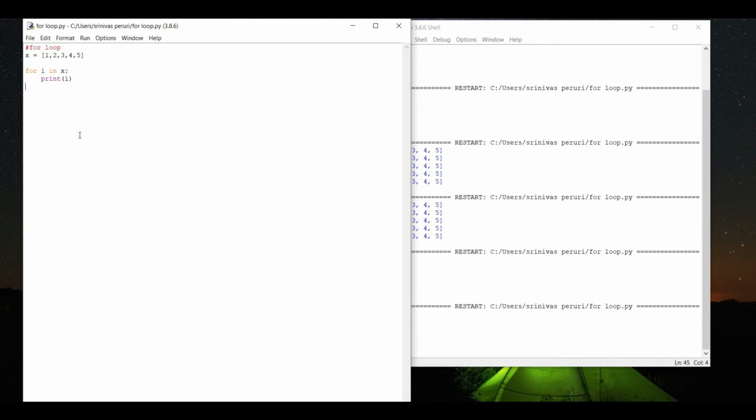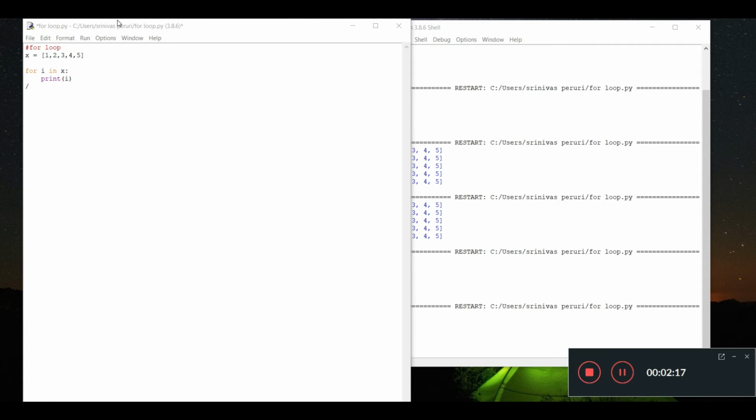Another thing I am going to discuss is that it doesn't matter whether you take all the variables as integers. Let's take a different value, Rohit. After that, I will take some random value XYZ.